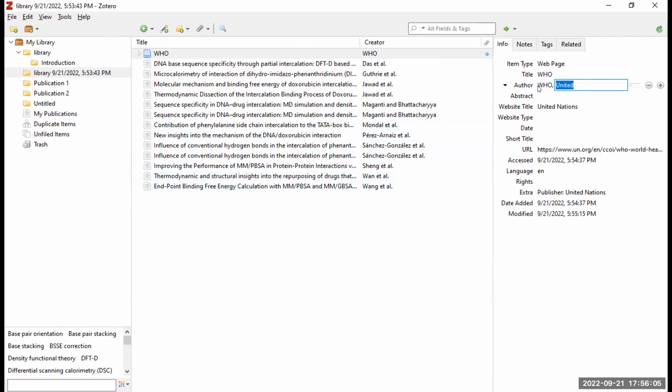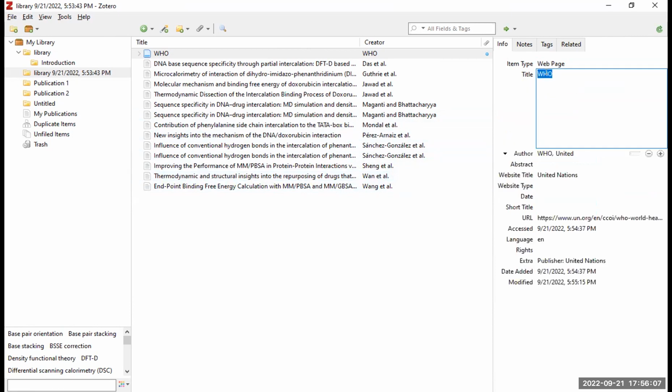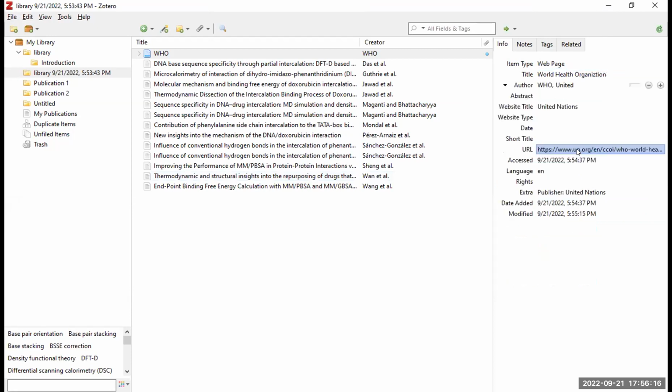If you want to write the whole thing, World Health Organization, for example, and let's say you want to have it as WHO, and that's it. So the last name will be WHO and the World Health Organization, and it of course shows here as a tab. Here there is no date because it's an automatic reference,